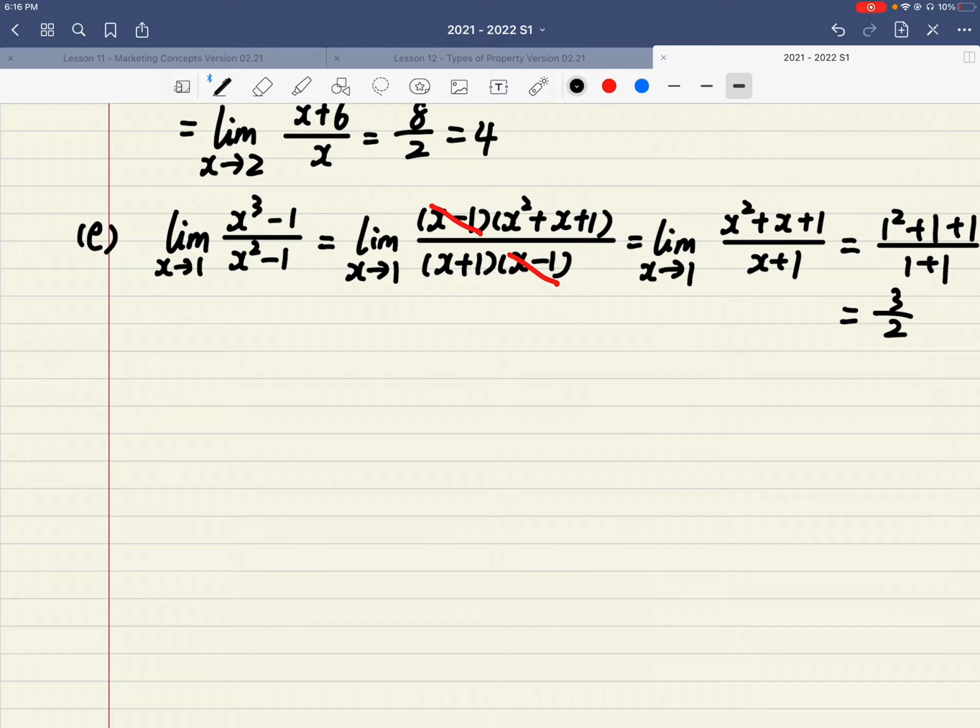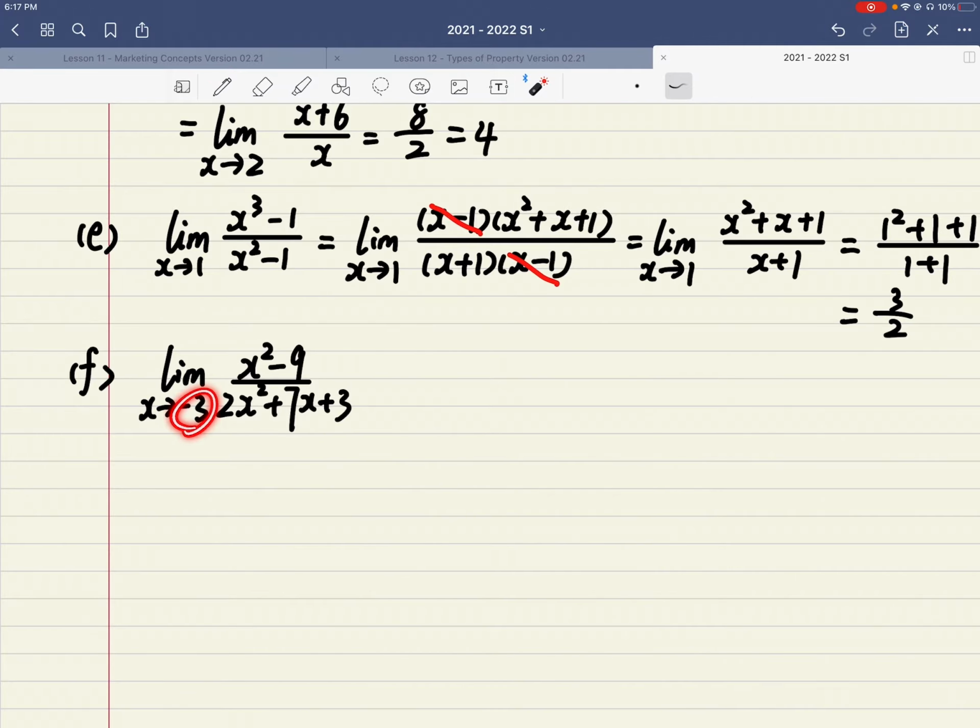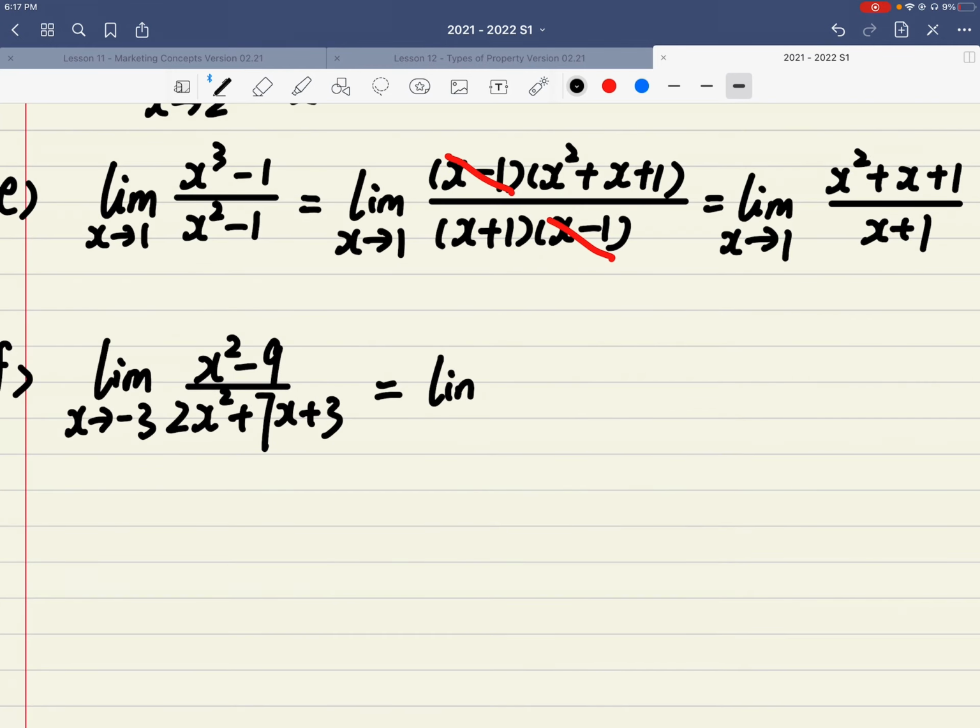And part F is very similar. Limit of x squared minus 9 over 2x squared plus 7x plus 3, and x is approaching negative 3. Here, when x is negative 3, the top is 0. The bottom, when you plug in, is also 0. Okay, so you can't stop there. Instead,